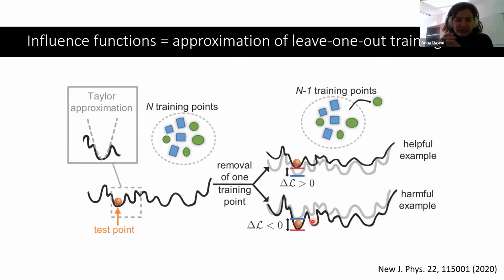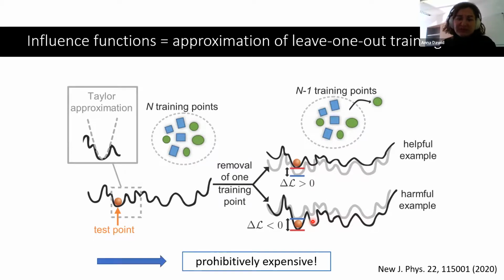And with this procedure, you can really see which training points are harmful, which are helpful, and get some more insight into what the machine thinks is influential in the problem. And you could do such leave-one-out training. This was actually a method from the 70s used for linear regression. But the problem is that it's very expensive for modern problems, because your training sets are huge and you would need to retrain many times, and you don't do that.